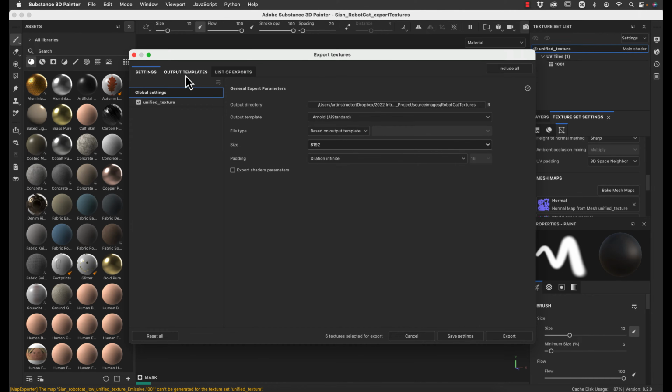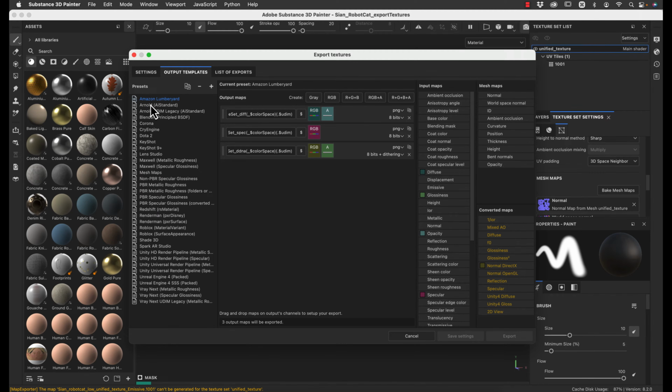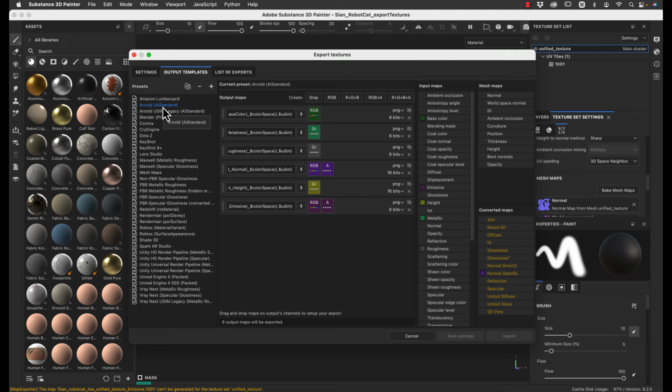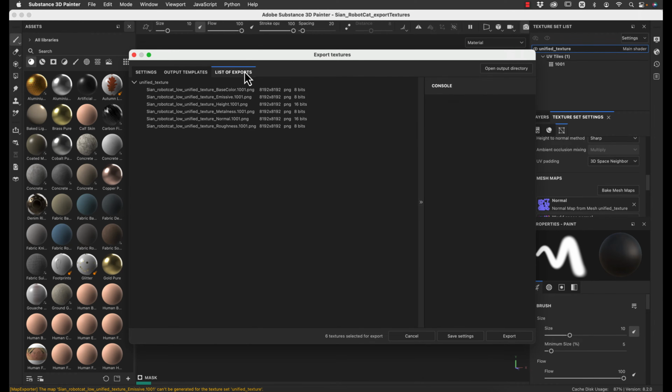Then let's go to our output templates. I'm going to choose this Arnold AI Standard. And you can see I have base color, metalness, roughness, normal, height, and emissive. And then finally in this last tab, you're going to see everything that is going to be exported. So let's hit export. Since I chose such high resolution, I'll see you on the